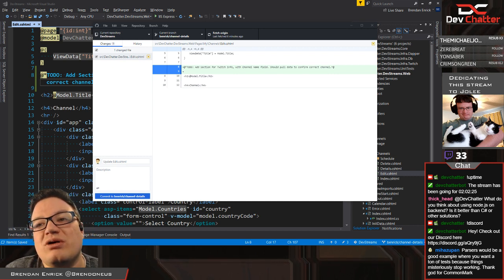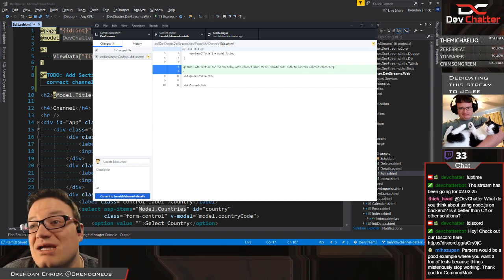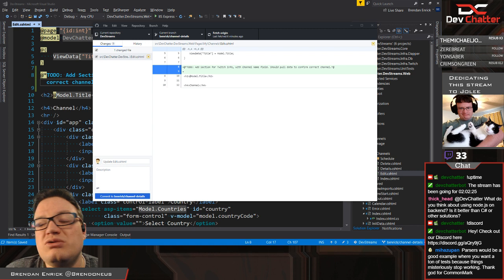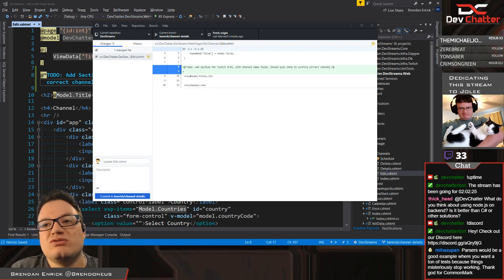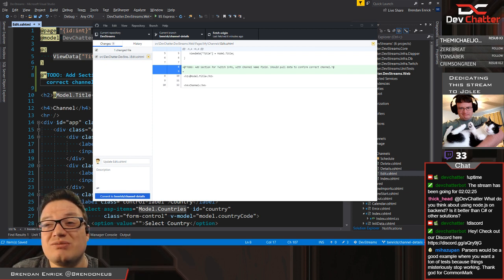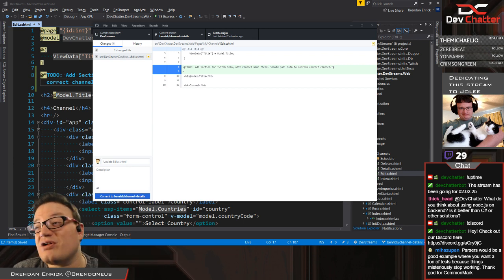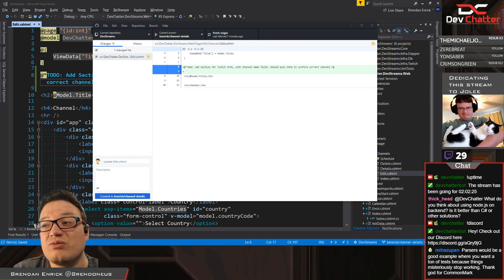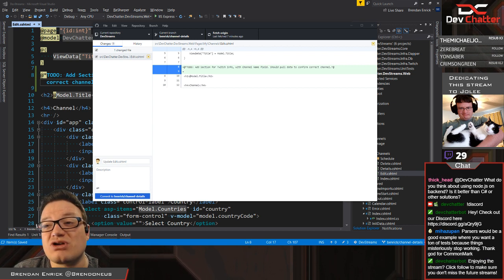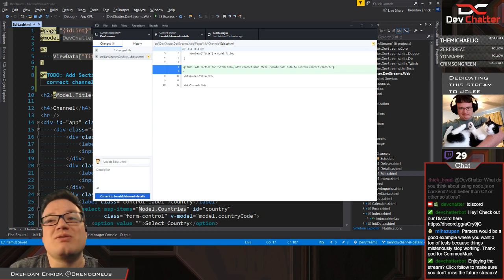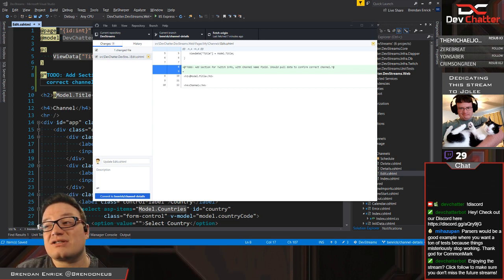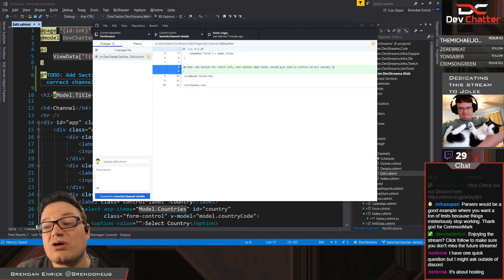Thickhead, what do I think about using Node.js as my backend? Node.js is just going to be different at that point. So I wouldn't say there's any one right answer. The only reason I would suggest picking either Node or ASP.NET Core as your backend web server is whether or not you really want to dive into JavaScript or C# as your backend. Both of them can run on similar hardware and similar environments. You can run Node on Windows machines or Linux machines. You can do the same thing with C# at this point as well. So it really comes down to personal preference. I like the style for a lot of things in ASP.NET Core, and it works pretty well.